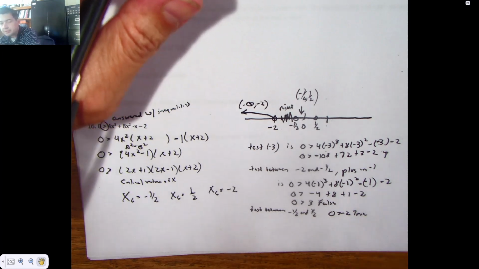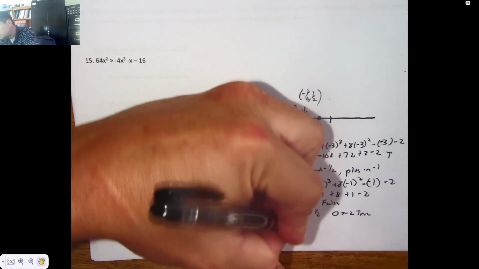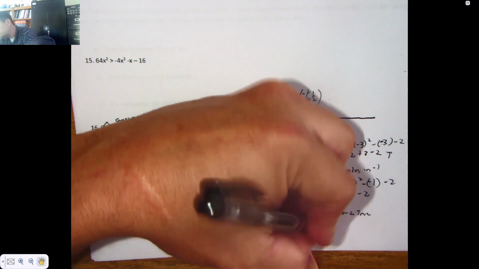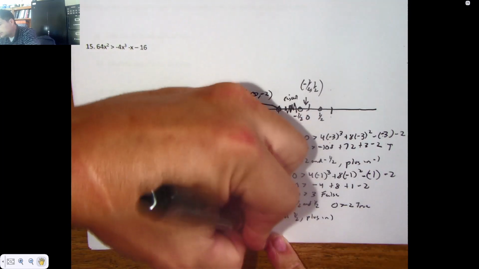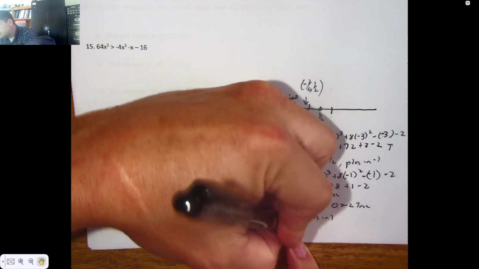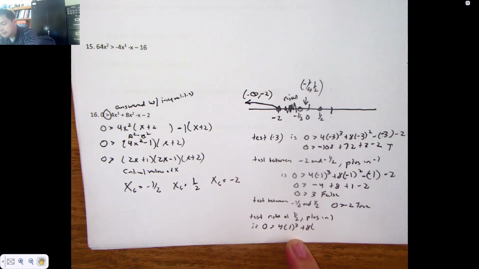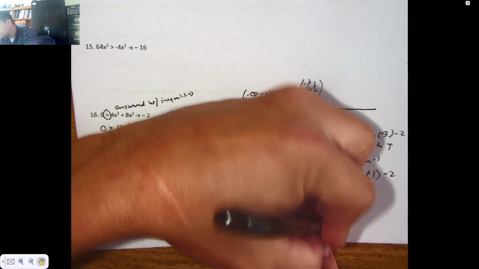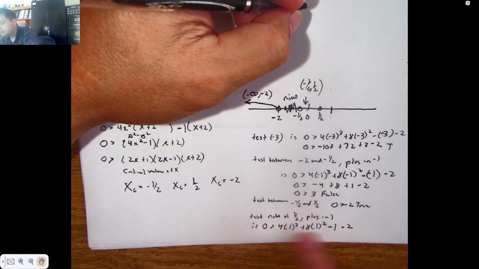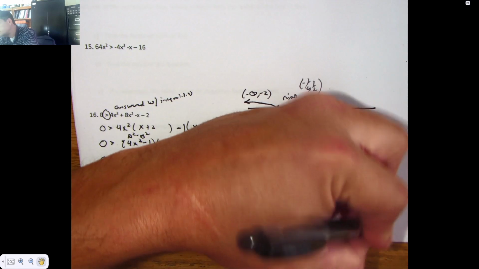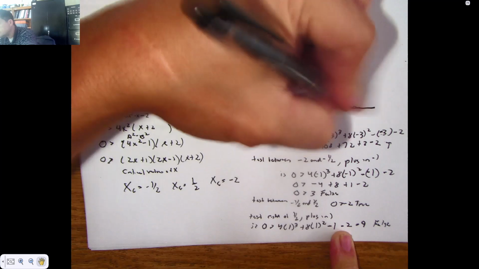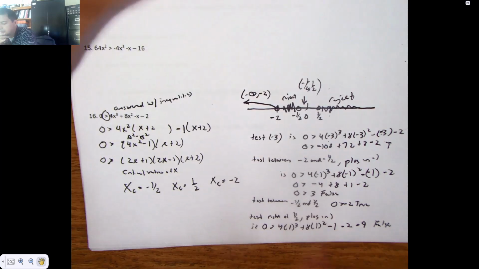Now I just need to test something to the right of 1/2. So I'm going to plug in 1. So is 0 bigger than 4 times a 1 cubed plus 8 times a 1 squared minus 1 minus 2? Now this is going to give me 12 minus 3, which is 9. That's false. 0 is not bigger than 9. So I reject. So I only kept 2